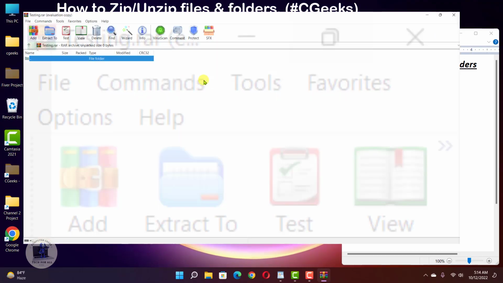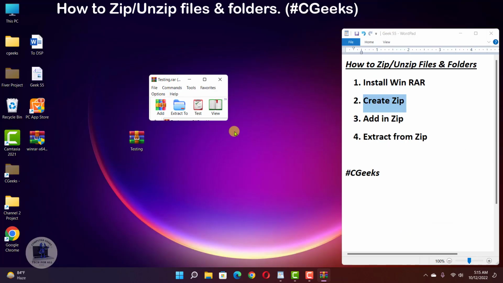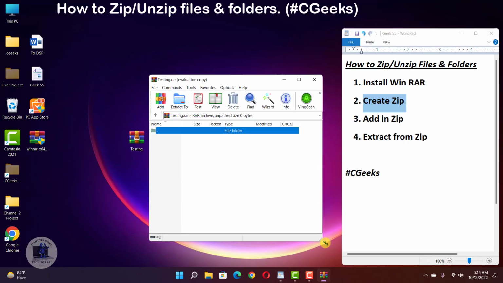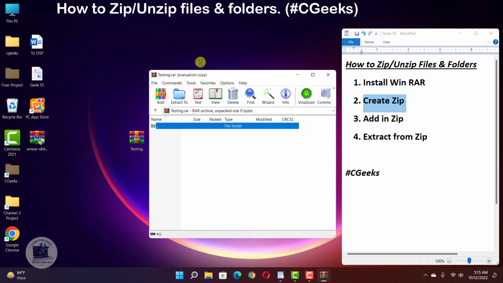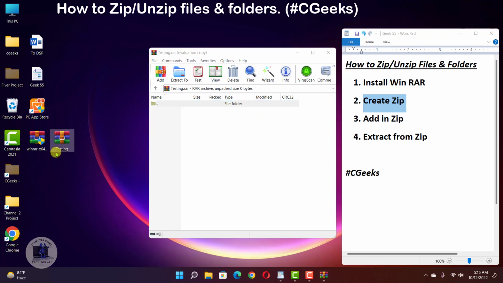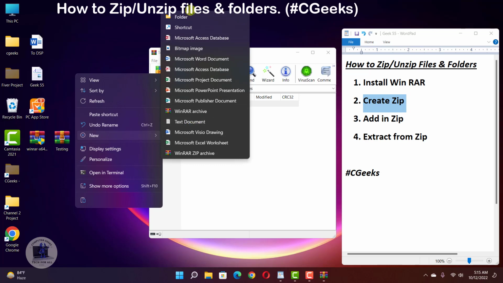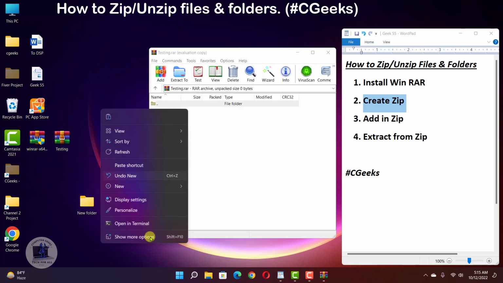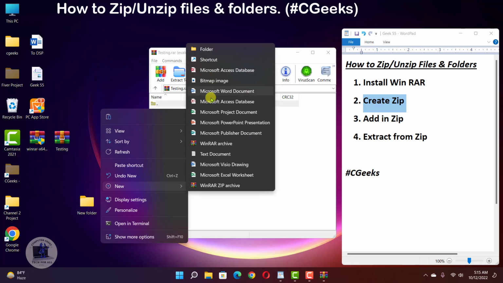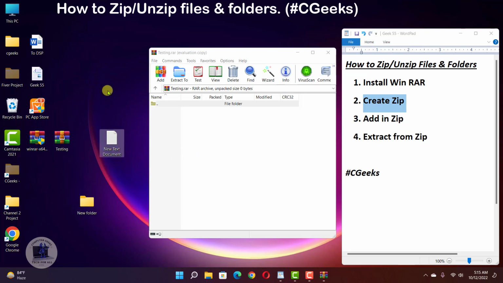I will close it. So this is our testing zip. So we need to add files and folders. Suppose I will create some files and folders randomly for testing. This is a new folder. Then I will create a new text file. So this one. I will create multiple